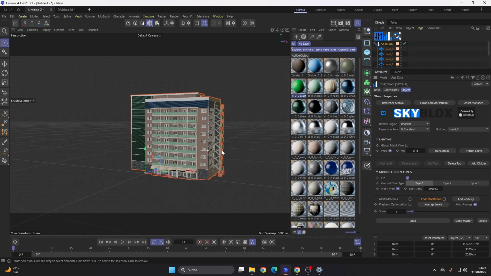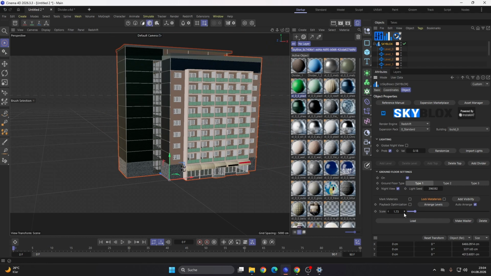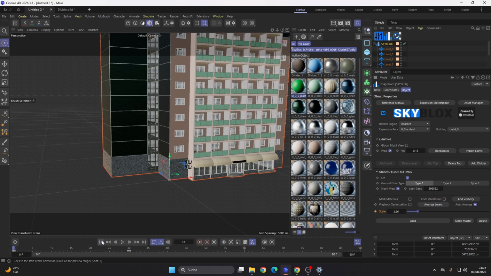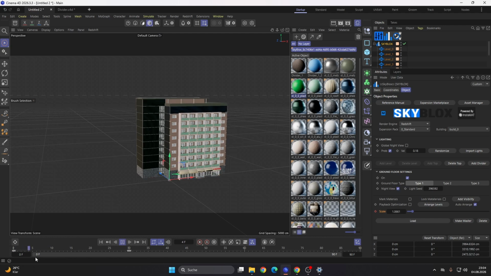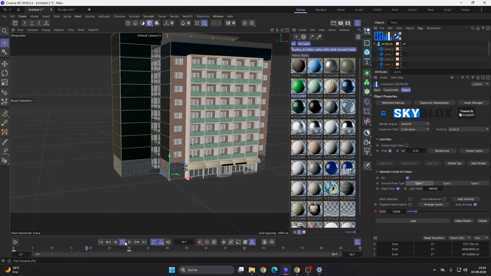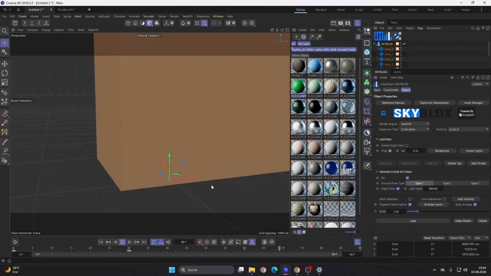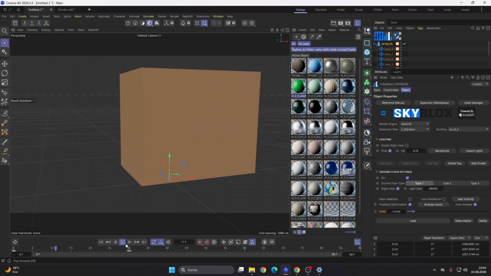And this playback optimization here is cool. If it's turned on, as you can see, I have here a scale slider. When I animate this and scale it, and if I play it back, you can see that for each frame it has to calculate the building. This has a really high impact on the performance and frame rate. Therefore there is the playback optimization. You can simply click that and it shows just a simple bounding box. So you get back your playback frame rate, and you can test animation or something like that with other objects and so forth.